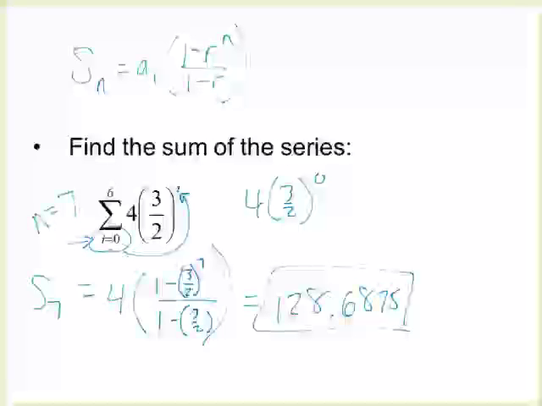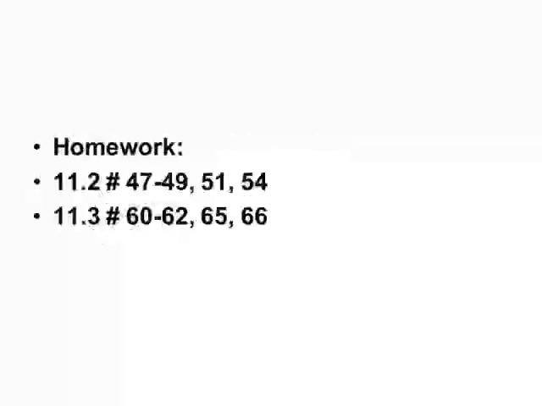Question? How did you get the 7 again? Noticing that I'm starting at 0, that means I would start by plugging in a 0 and then keep on plugging in until I plug in 6. So plugging in 0, 1, 2, 3, 4, 5, 6 means I'm really plugging in 7 things. So n is the number of terms that we're working with. So that 0 gives us 1 extra term. Okay. Your homework is from 11.2 and 11.3, so be careful with what numbers